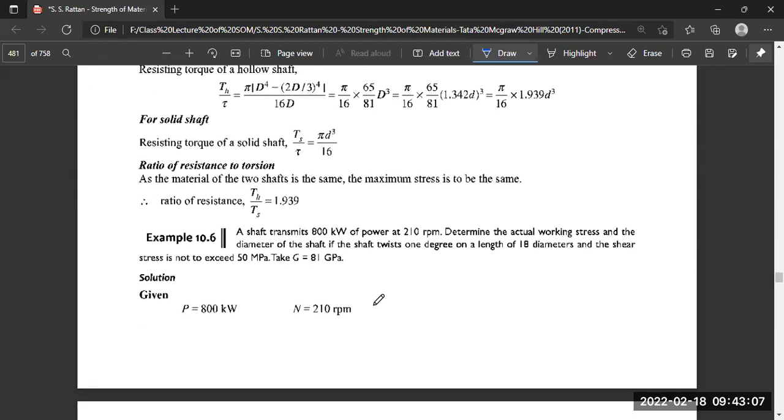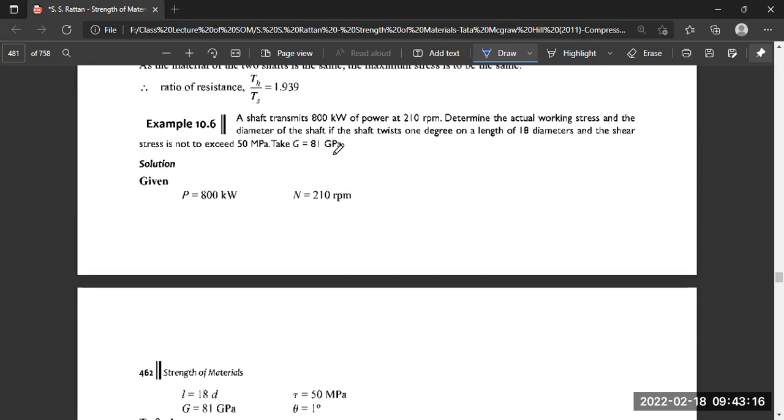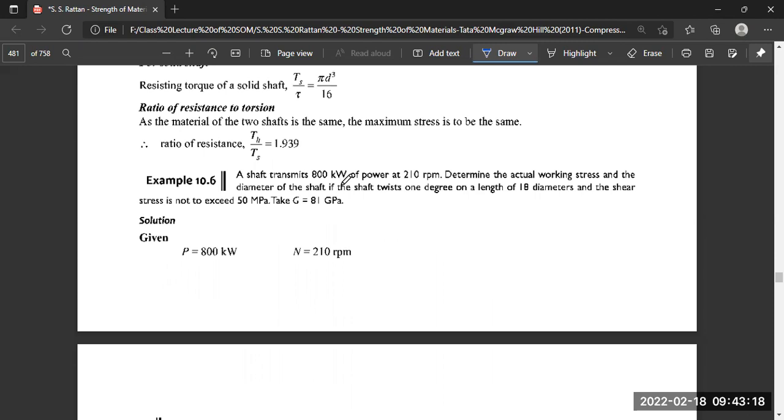The 6 into 17. Let us have problem 10.6. A solid shaft transmitting 800 kilowatt of power at 210 RPM, 800 kilowatt at 210 RPM. Determine the actual working stress and the diameter of the shaft if this shaft twists 1 degree on a length of 80